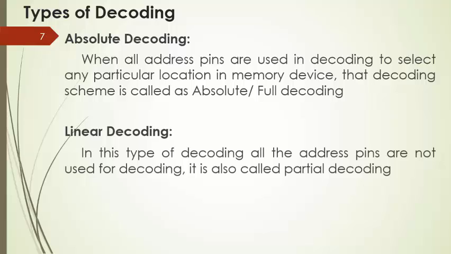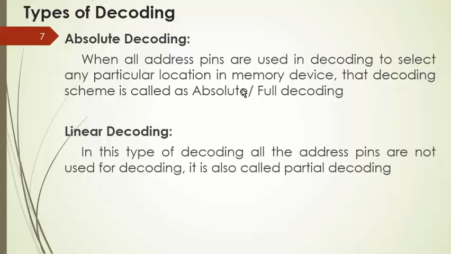And the second type of decoding is linear decoding. In this type of decoding, all the address pins are not used for decoding. It is also called partial decoding. So simply we can say that in case of absolute decoding, all the address pins of the CPU are used for memory interfacing, and in case of linear decoding or partial decoding,